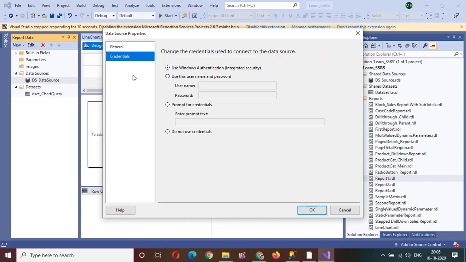So whenever you get that kind of error, do not panic, just go to the data source and instead of do not use credentials, select Windows authentication. If you are using form authentication, then you can provide your username and password to connect to the SQL Server. In my case, I'm using Windows authentication, so I'm selecting this, click on OK.